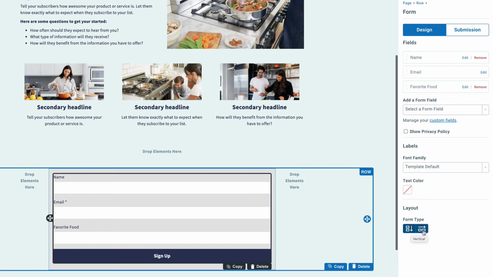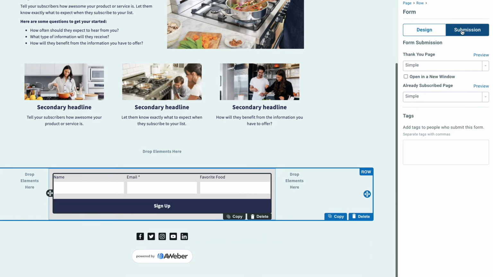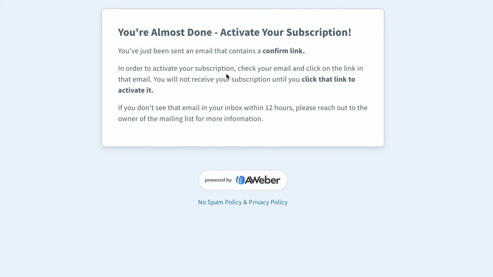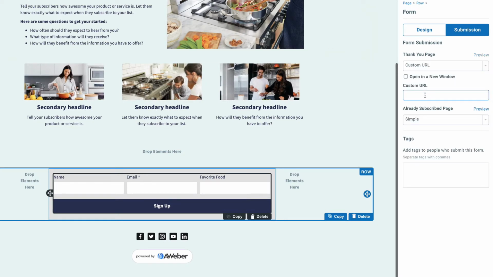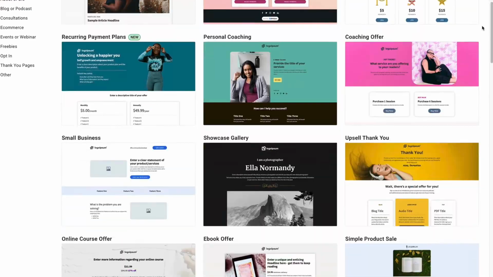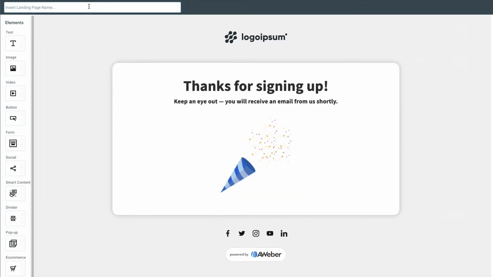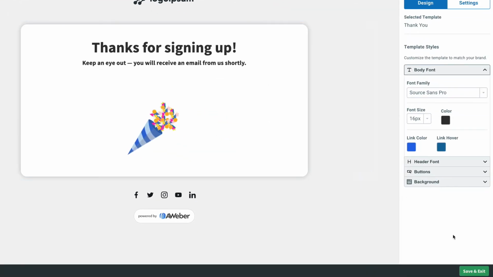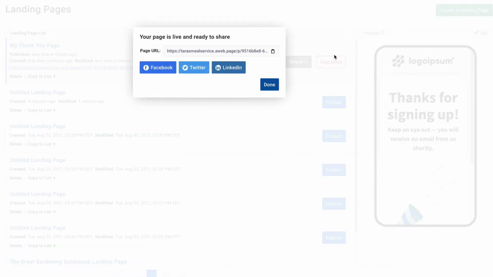Using Aweber, you can actually build a separate landing page as its own thank you page. We'll just give it a name real quick here. You can change and adjust any of the text or the images here. But real quick, we'll publish this thank you page. We'll copy the link. And then we can add that to our custom URL for our thank you page. So right there, just inside Aweber, you can build the main page and the thank you page.